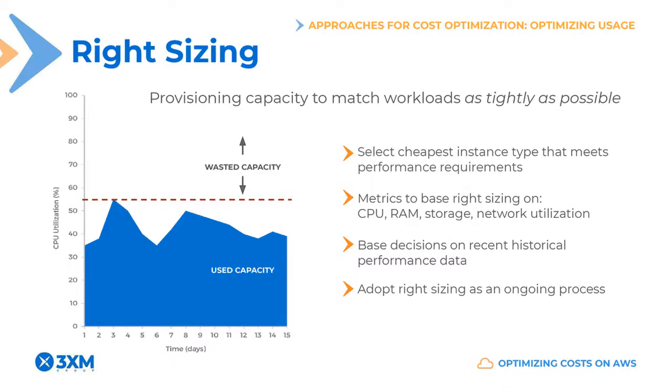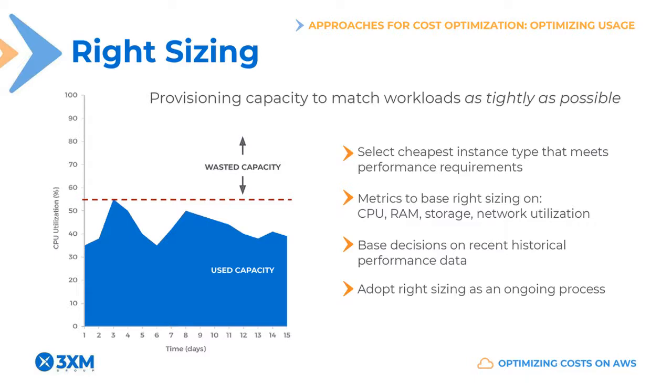Next, right sizing is probably one of the most effective ways to control cloud costs. It consists in analyzing performance and usage patterns, and then resizing resources that are over-provisioned for the workload at hand. Because your resource needs are always changing, right-sizing must also become an ongoing process. Typically, when we talk about right-sizing, we refer to EC2 instances, but right-sizing is something that can and should be done for any resource for which you allocate capacity in the form of CPU, RAM, storage, network throughput, and so on. Consider things like RDS instances, Redshift clusters, Fargate tasks, etc.